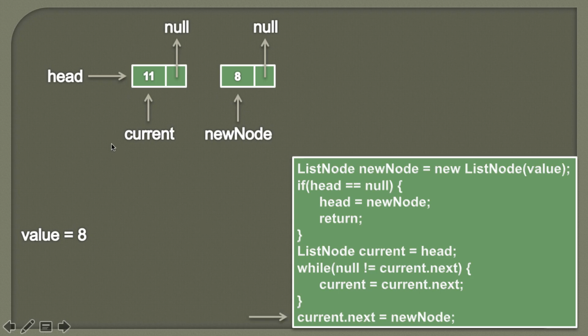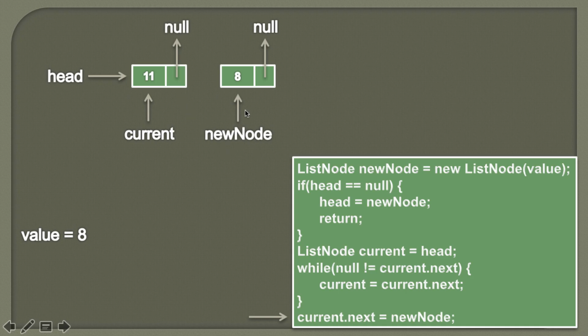So as the singly linked list has only one node, this node is the first and also the last node of the singly linked list. As we are on the last node, in order to insert this new node to the end of the singly linked list, we simply assign the value of new node to current's next. Here you can see new node is pointing to the node which we want to insert, and current's next is pointing to null.